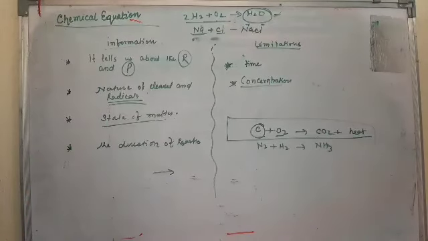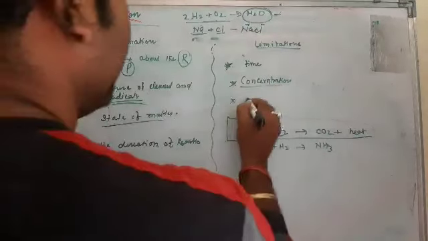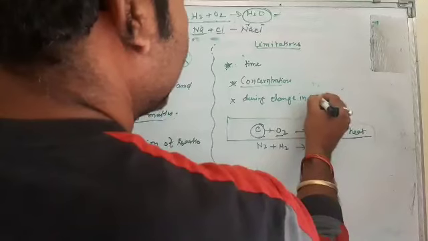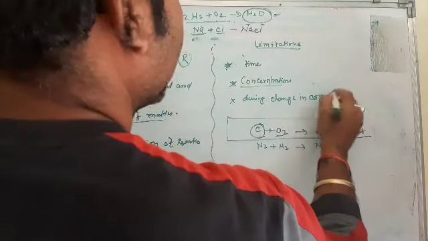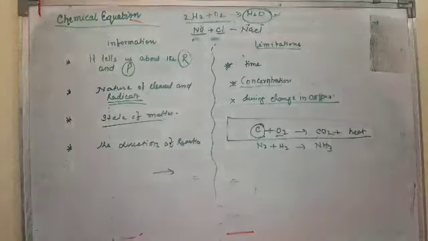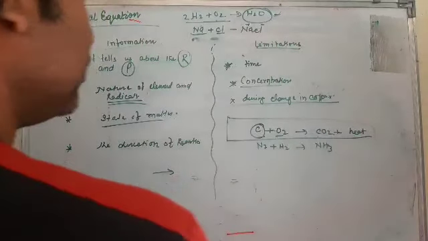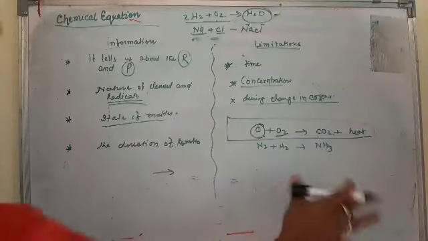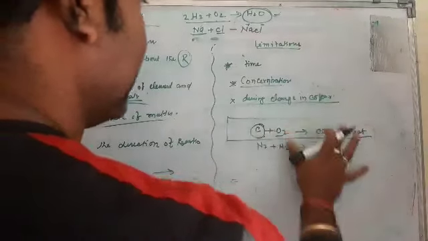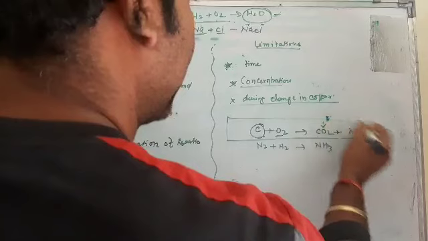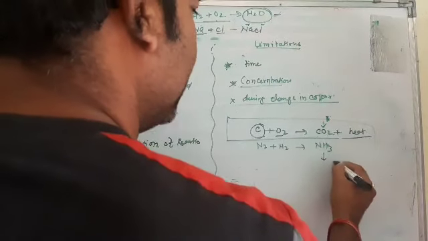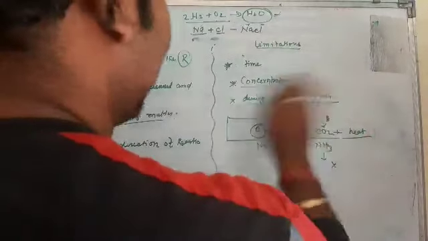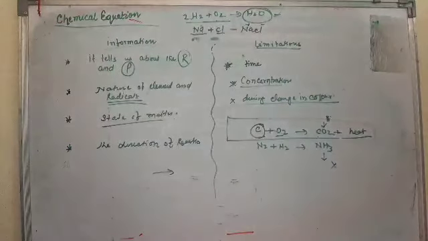During the reaction, change in the color. During the reaction, change in color cannot be told, that is the limitation. Cannot tell us whether it becomes blue or red or green, what happened? You cannot find it here. In the equation, we do not write CO2 in black color, ammonia in yellow color, we do not write colors. That means the change in color during the reaction it cannot tell us. These are the limitations.